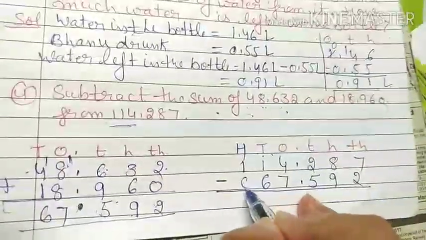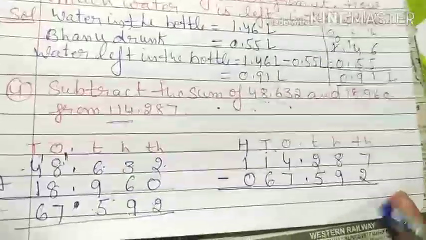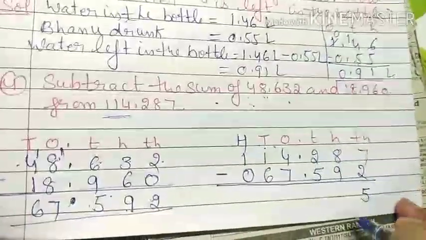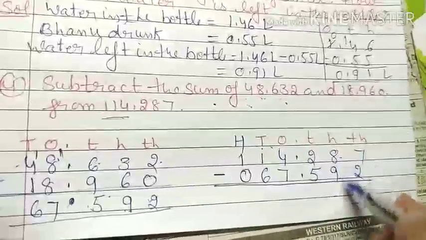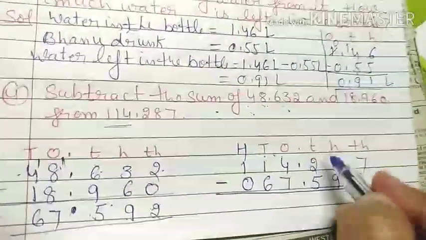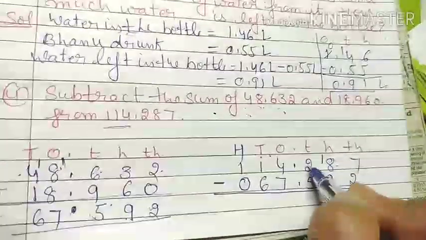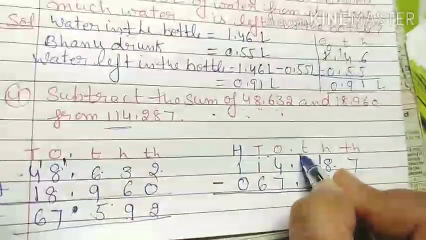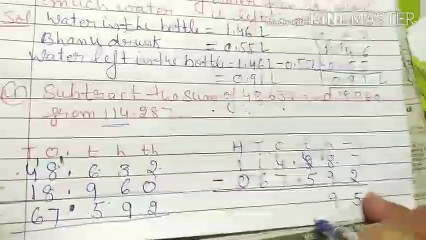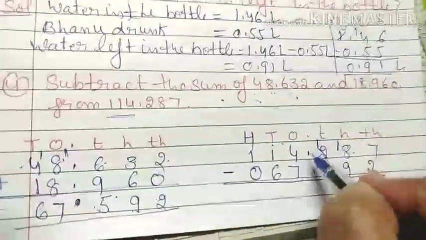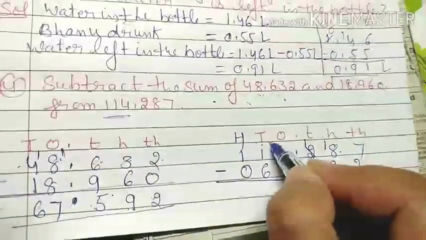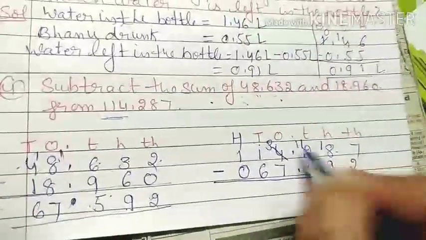Whatever missing number is, I covered with the 0. Now 7 minus 2 gives me 5. Now here 8 is less than 9, so I will carry from the next number. Here it becomes 18. So what is left here? That is 1. 18 minus 9 gives me 9. Now here 1 is left, so I will carry from another number. Here it becomes 3 and 1 is carried here.